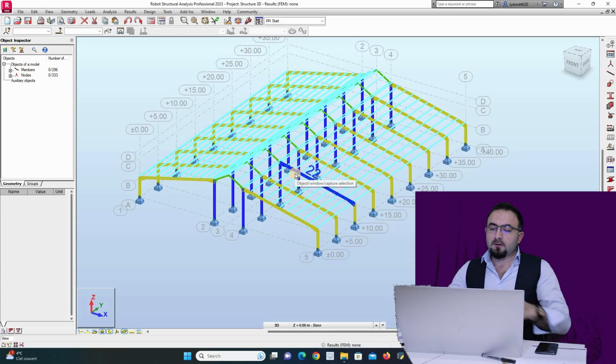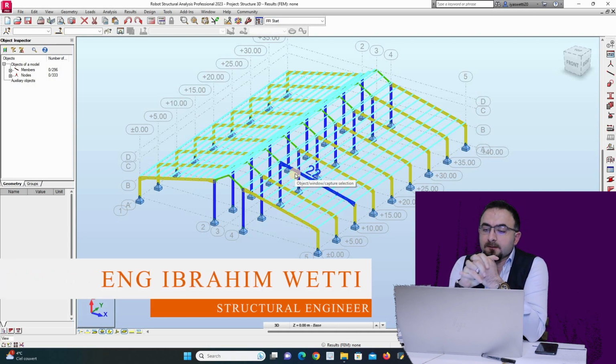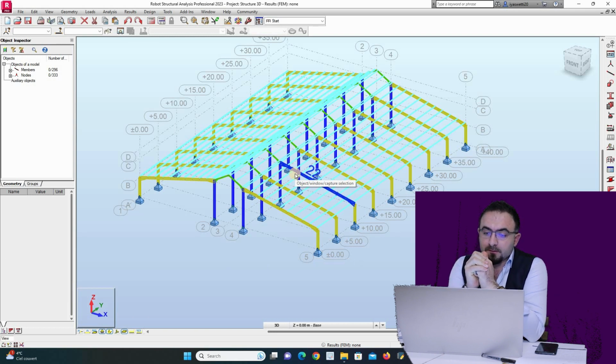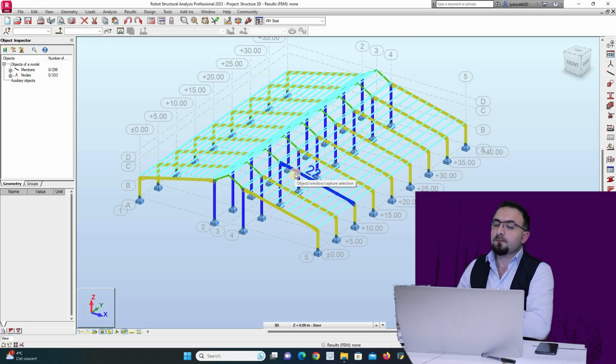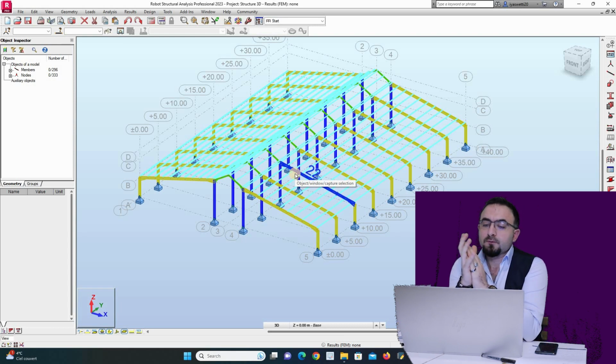Hello everyone. In this video we will speak about loads, but before loads I have to put bracing in my structure. As we know, the work of bracing is to transfer the horizontal effort to the foundation. For this reason, all the foundation is beamed, so the rotation in the foundation is not blocked,